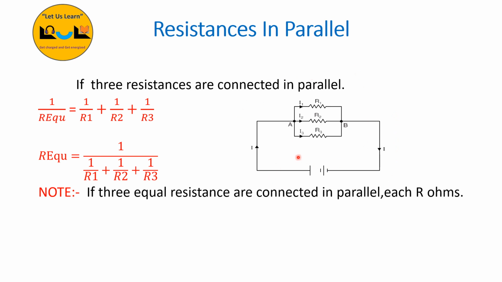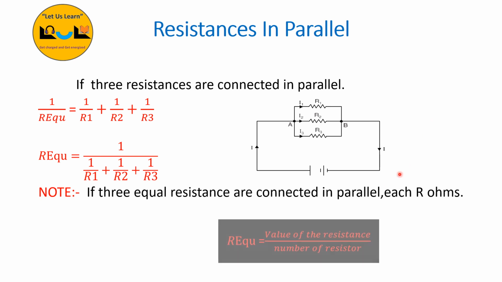For that I will explain with this example. Here I have one circuit, the total current is I, and R1, R2, R3, three resistors, are connected in parallel. So the current will divide into I1, I2, I3. Here this is the total current. In this case, R1 value is R, R2 value is also R ohm, R3 value is also R ohm. All three resistors have the equal value of resistance. I am supposed to find the R equivalent.